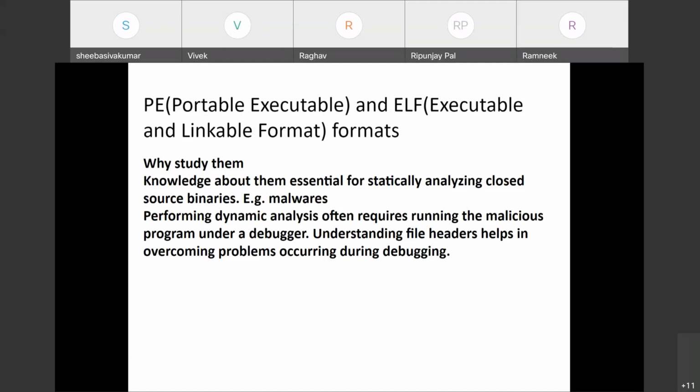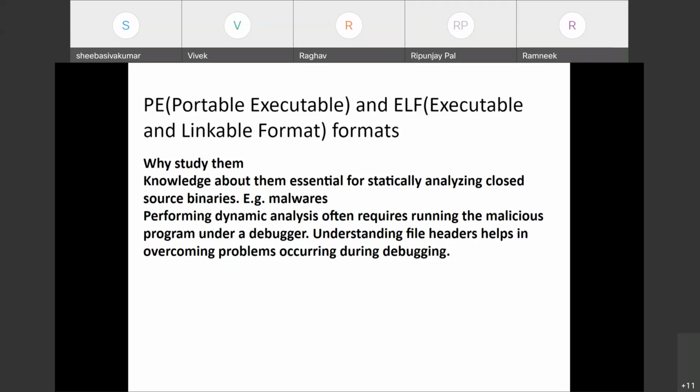Unless a file is a portable executable, it will not be allowed to run on Windows in the native format. ELF is useful on Linux systems. Every native executable that you will see on Linux will be an ELF.